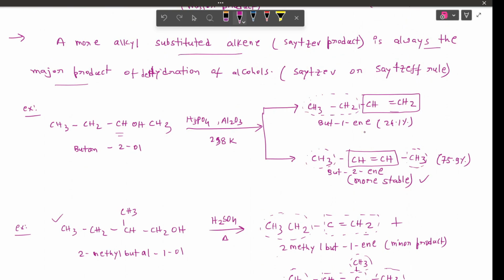Here you have two hyperconjugations possible. Here you have 6 hyperconjugations possible. So more hyperconjugative structures are possible here. That's why it is more stable. Okay. So I think you have got the point